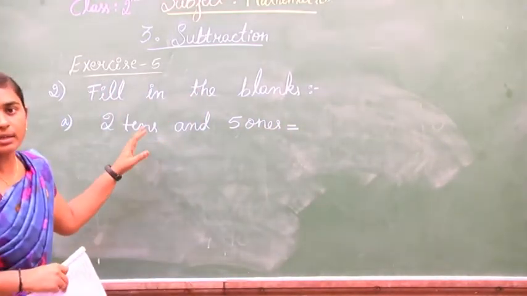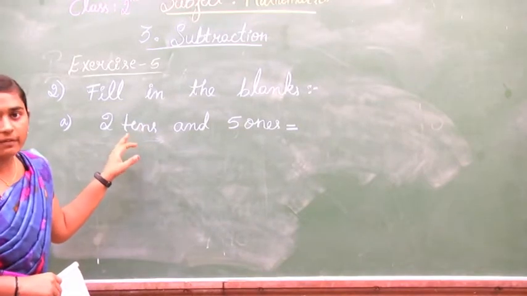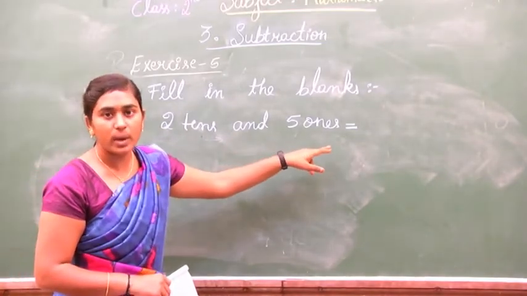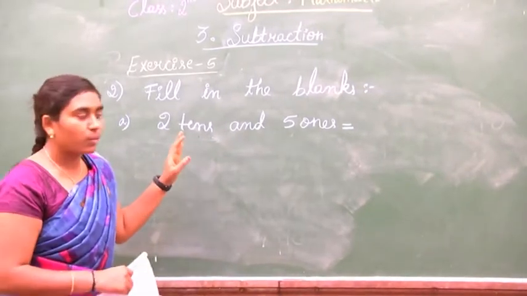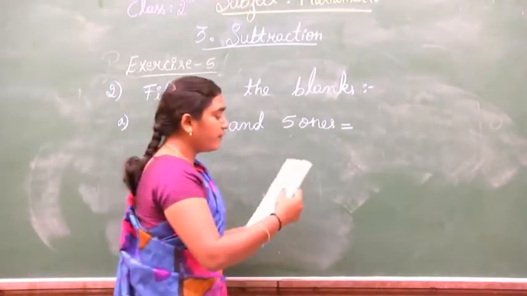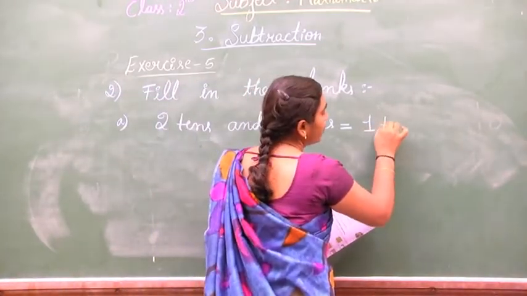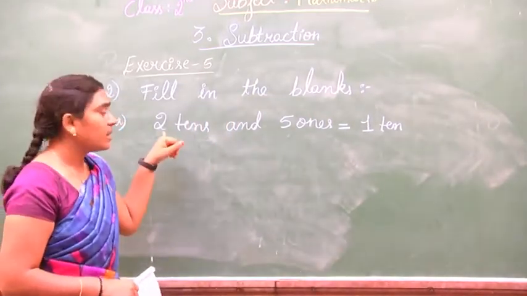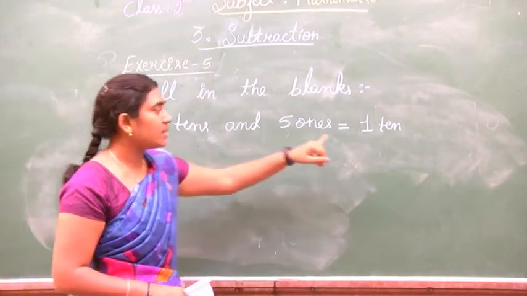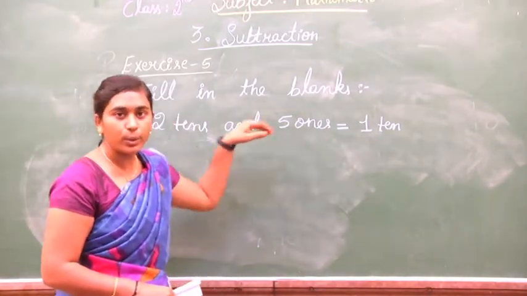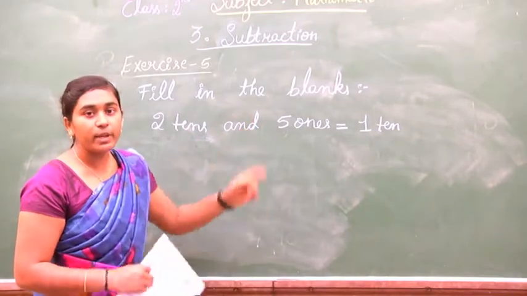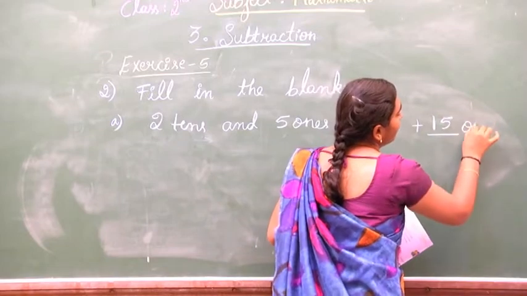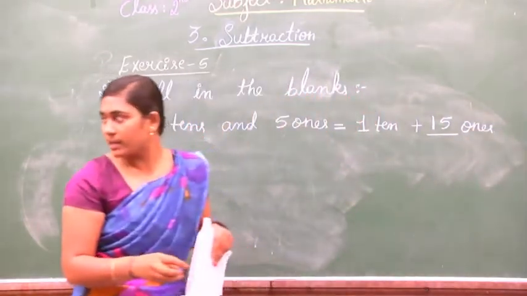They are written in the form of a sentence, that's all. In the first line we have written in a box with the T as tens and O as ones. But here they have written in words, that is 2 tens and 5 ones. They have regrouped the tens place, that is 2 before is 1. They have regrouped 2 as 1. And 15 will be the answer for the tens place, right?